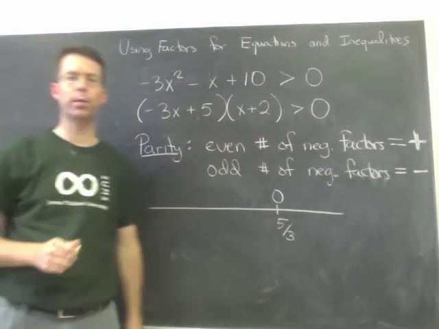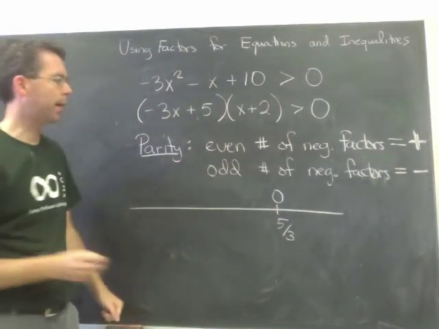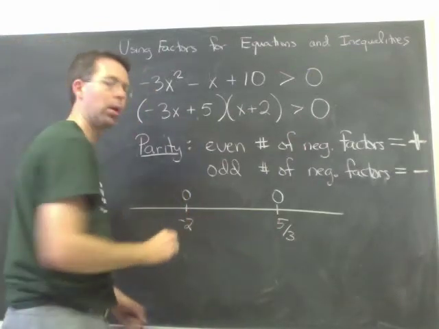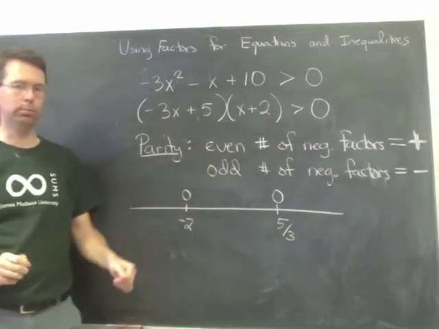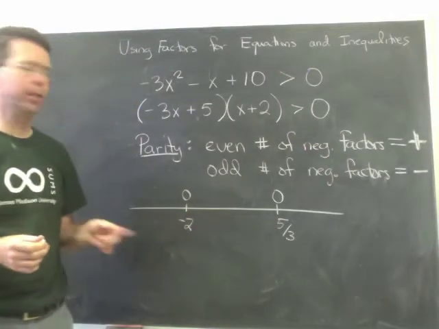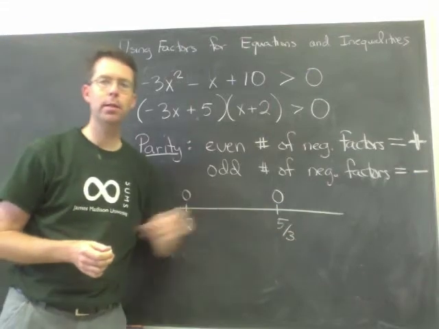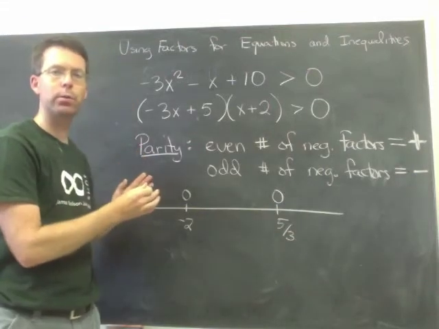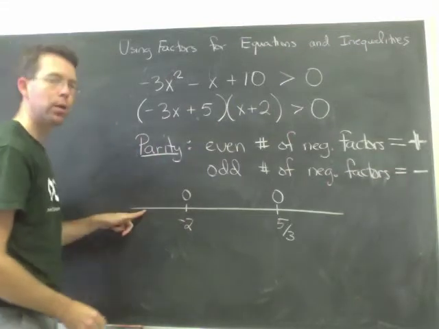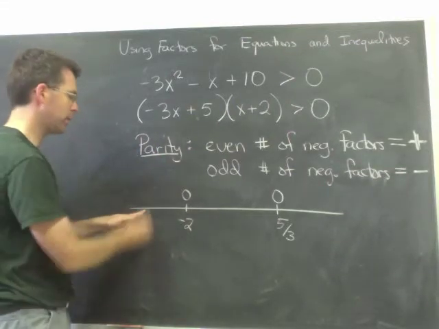That was where it's equal to 0. The second factor was equal to 0 at -2. Now, what I can do is pick numbers in each of the intervals and then decide if the first factor is positive or negative, and if the second factor is positive or negative. So for example, in this first interval,